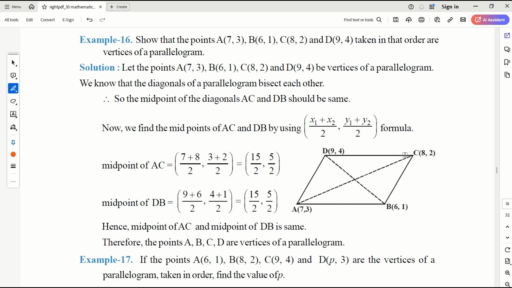Okay, midpoint of two diagonals is same. So what is the midpoint formula? This is very easy compared to the distance formula, which has a square root and a sum of squares. Instead of that, it is just (x1 plus x2)/2, (y1 plus y2)/2. You apply it for